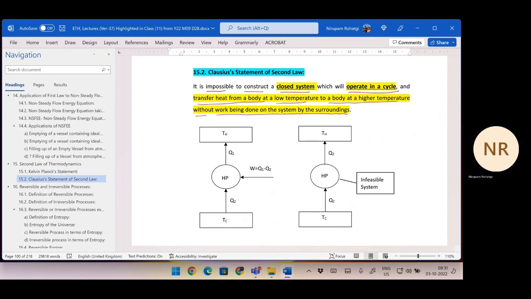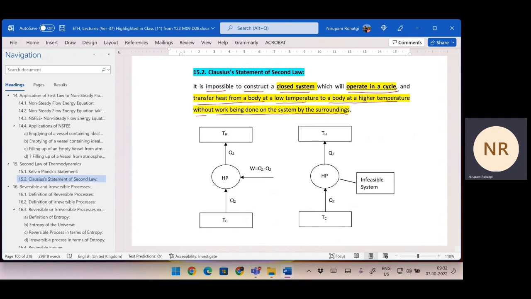What does that mean? That heat at a higher temperature is not the same as heat at a lower temperature. And remember here again, we are not violating the first law of thermodynamics, and we are not violating energy conservation. We are not saying that excess heat is being transferred. No. Whatever you remove from one reservoir, you are transferring to the second reservoir. From high potential or high temperature to low temperature, it is automatic. You don't have to do anything. But if you have to transfer heat from a low temperature to high temperature, it is not possible without any